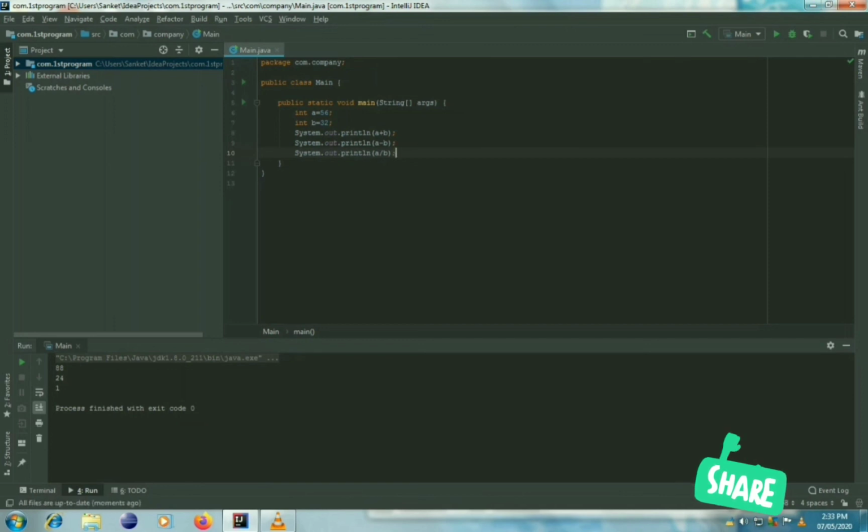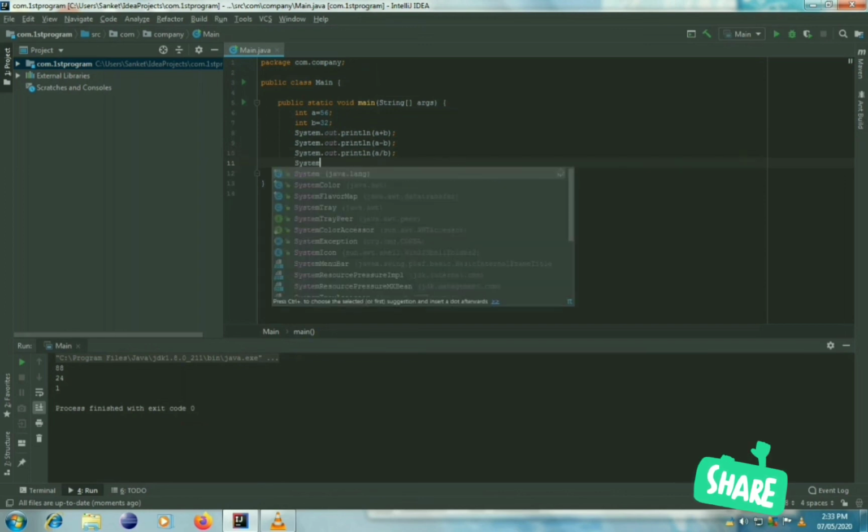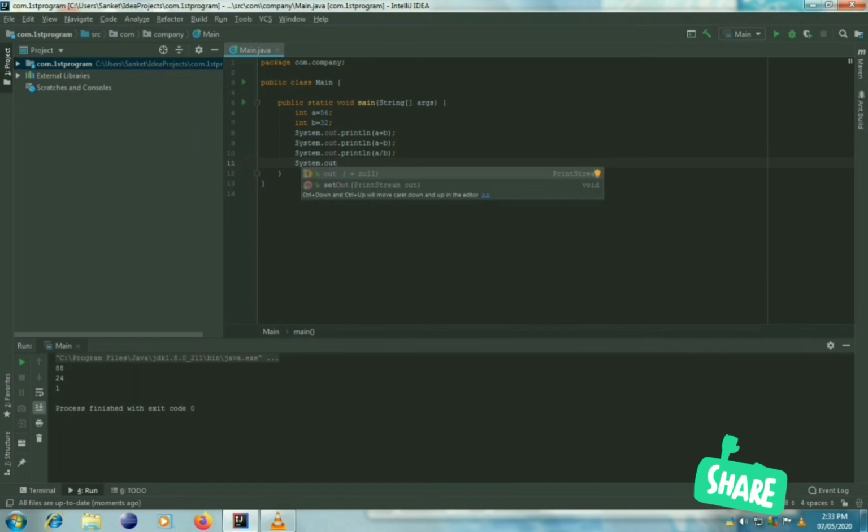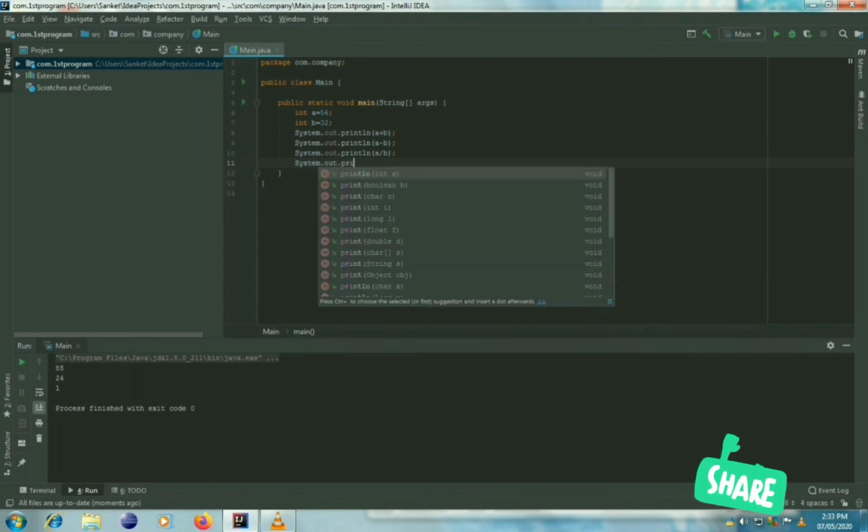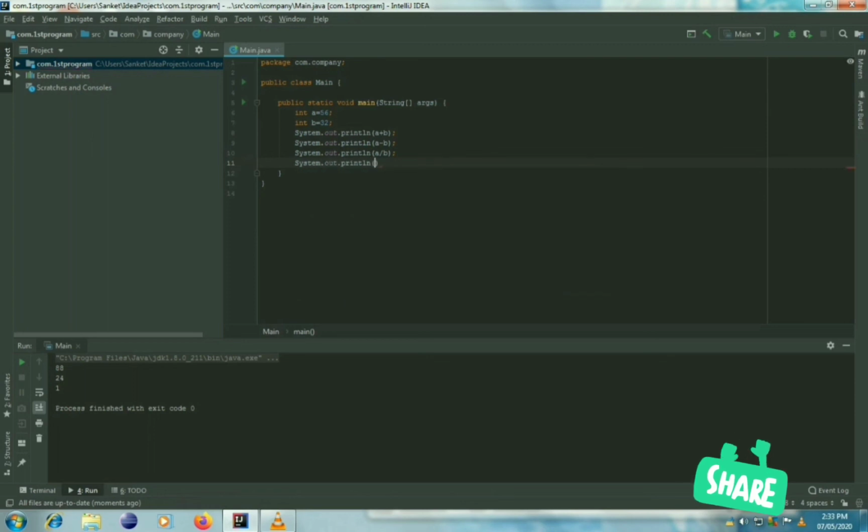If you want to see what the remainder is, we need to write the next program. Let's write System.out.println in brackets a mod b and semicolon.